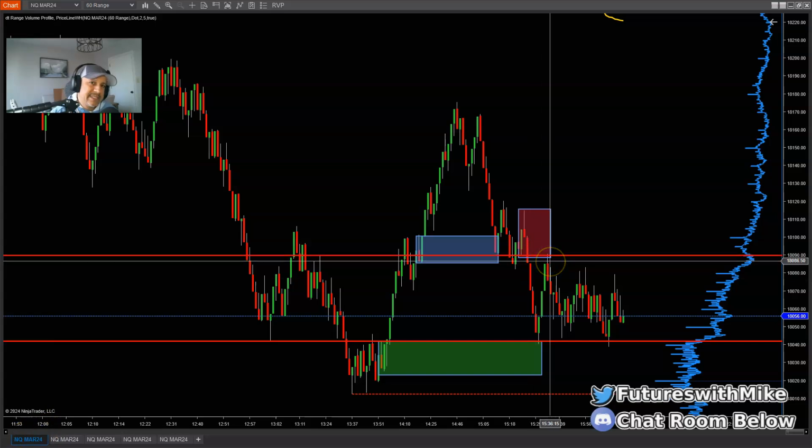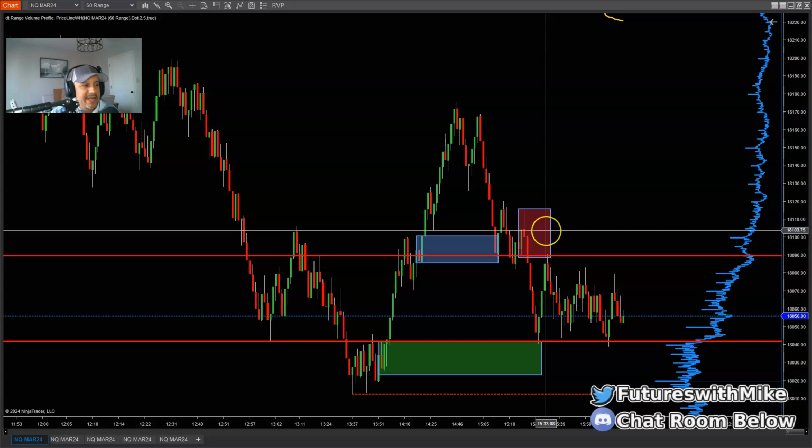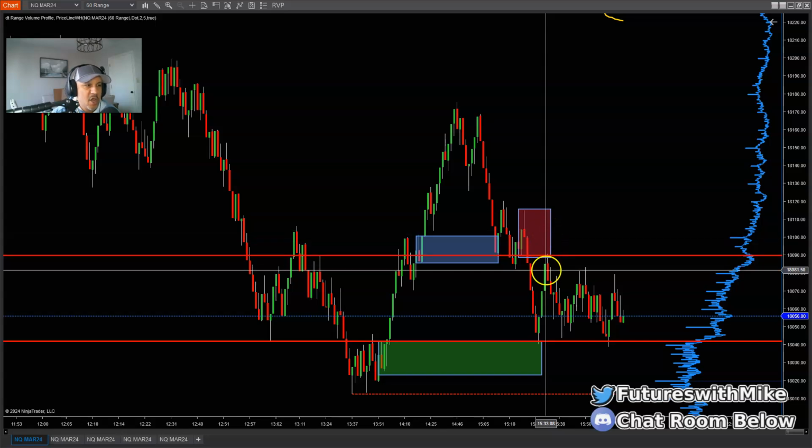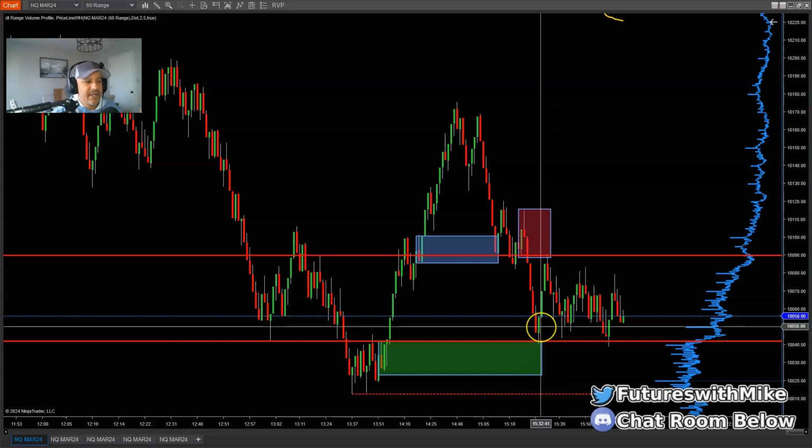So what do you see when it tapped back into the supply area right here? When it got to the supply zone, did it break deeper into the zone and the candle close inside? No, it immediately, on the higher time frame, started wicking away back down to the downside real quick. So look over at your lower time frame chart. See if you're getting a break of structure lower, for one, a creation of a beautiful supply setup, two, and then a retracement back to the zone on the lower time frame chart to look for confirmation and rejection to go short. The higher time frame chart is going to give you that reference.